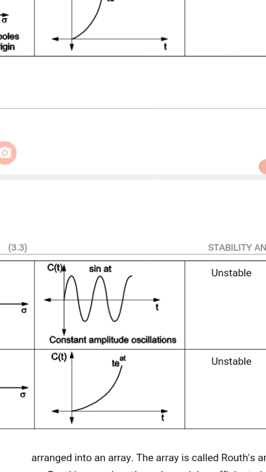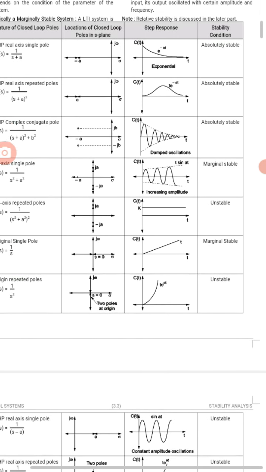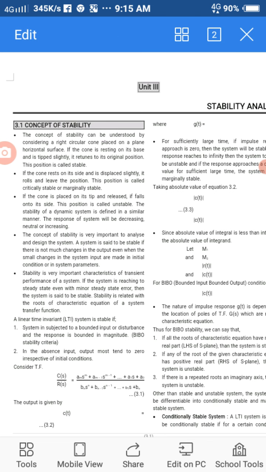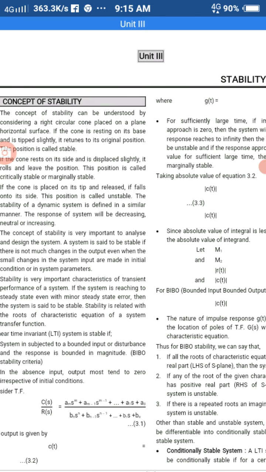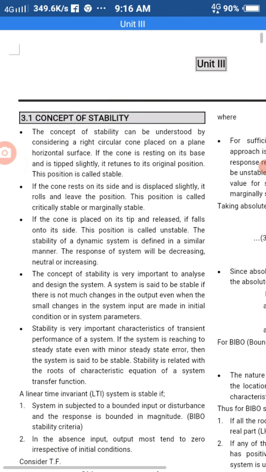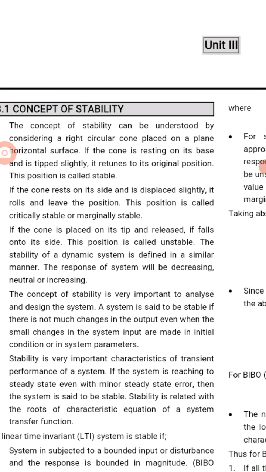Stable means after a certain time period it decays, and after a certain time period it increases or oscillates. That is called an unstable system. If the output is oscillating, irrespective of the input to the system, the corresponding output is called unstable and the system is called an unstable system. Now, first we will understand what is meant by stability.